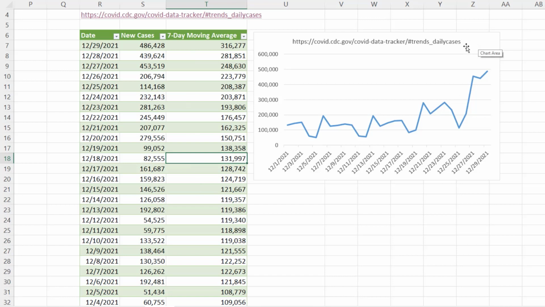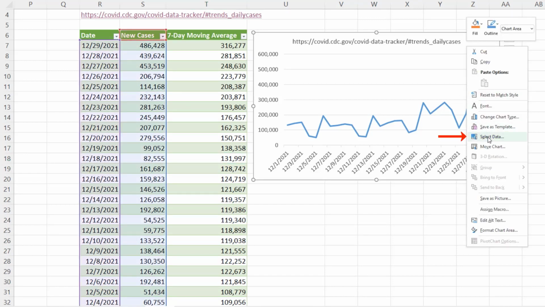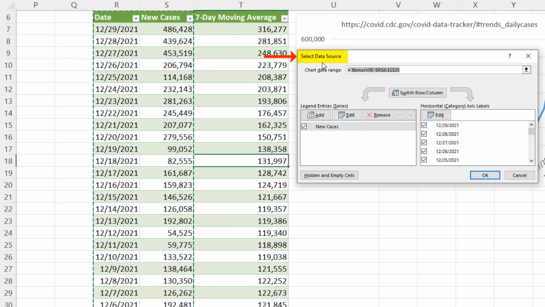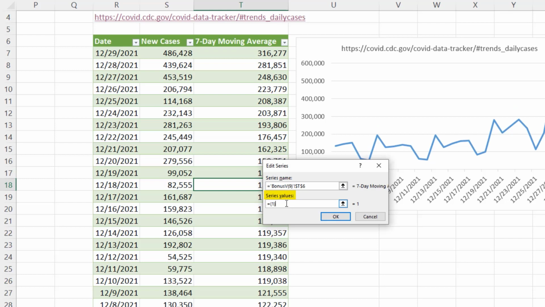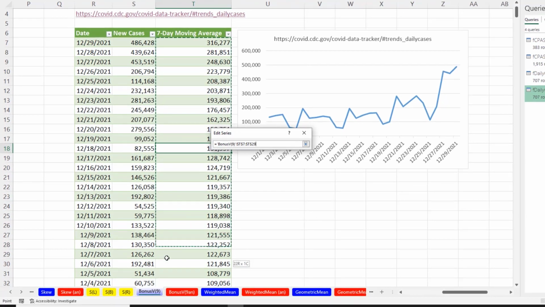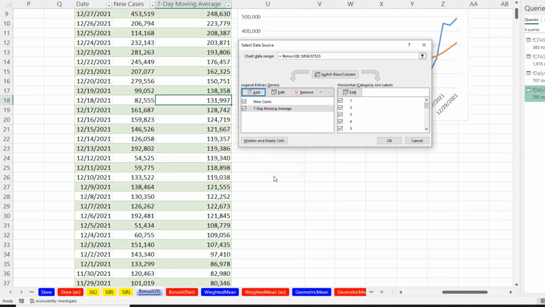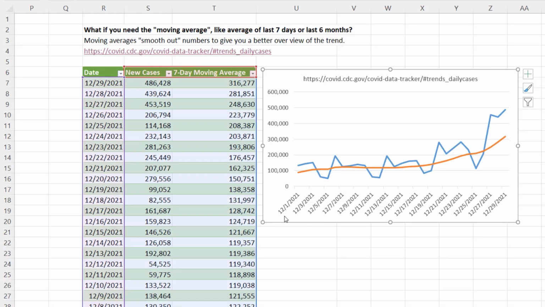So when we come over to our chart, right-click, select data. In the Select Data Source dialog box, series, those are the numbers. We want to add the series name. That'll be 7-day moving average. And then in the series values text box, make sure to highlight that =, curly bracket 1, and delete it. And now we want just the 7-day moving average for December. Click OK. Click OK. And just like that, we've plotted our 7-day moving average line to smooth out the daily